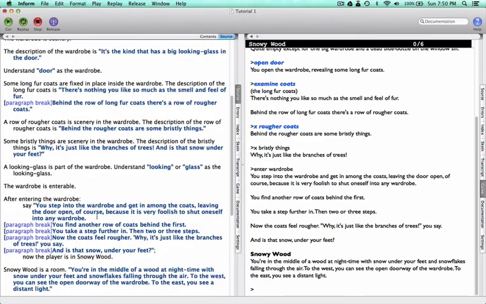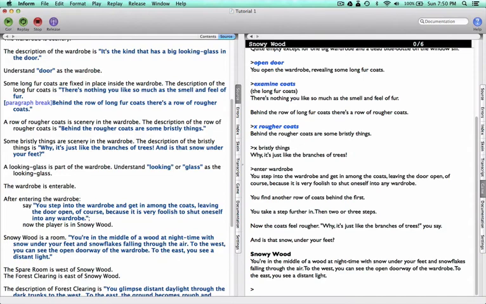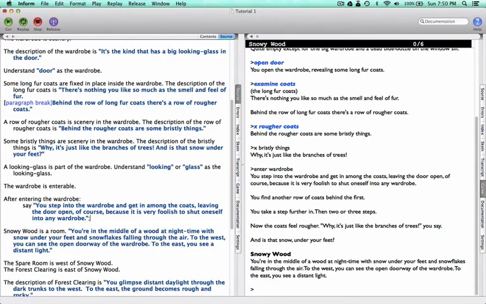So let's remove this progression where all this came out at once, and now instead of making the player automatically transported to the snowy wood just after entering the wardrobe, let's do